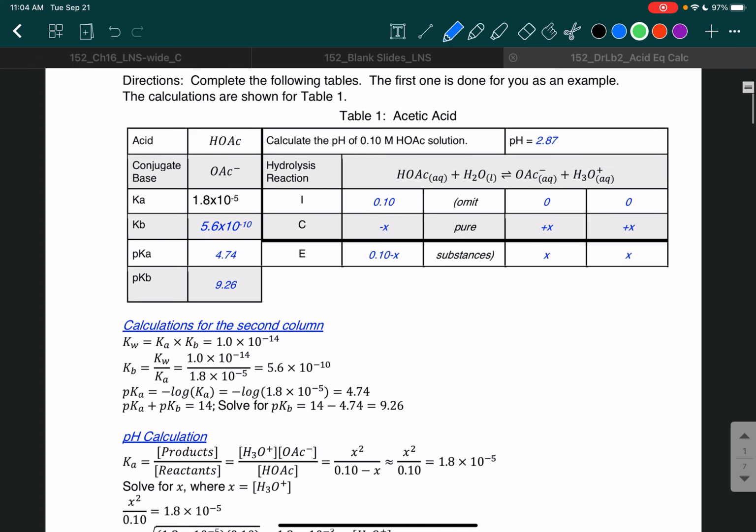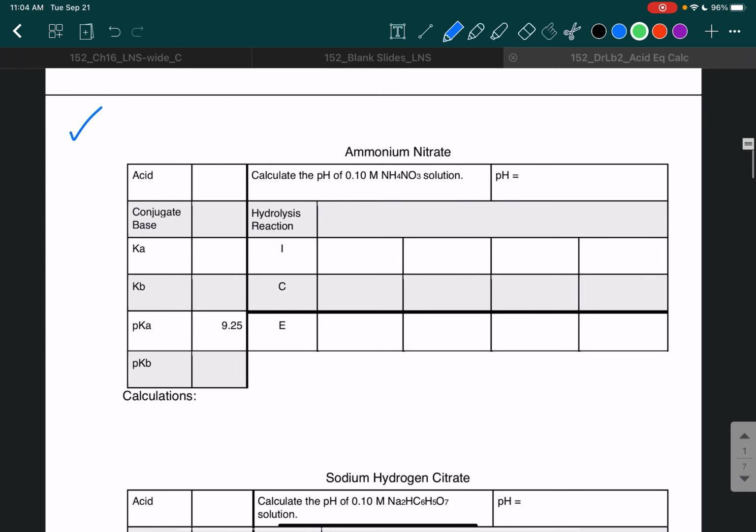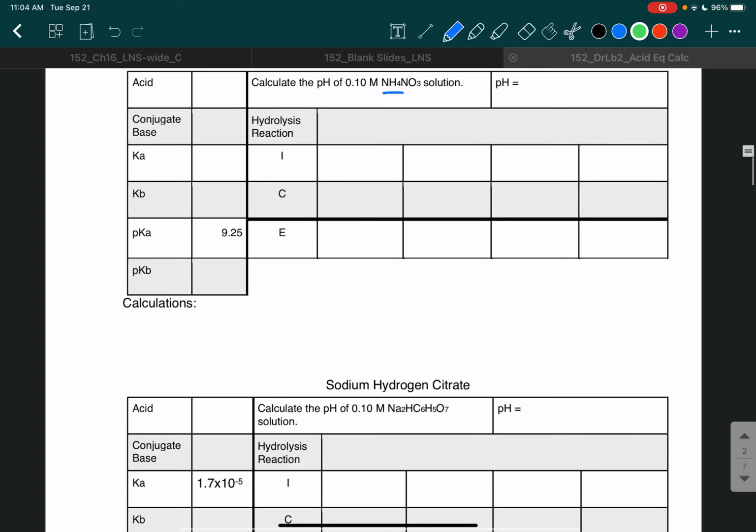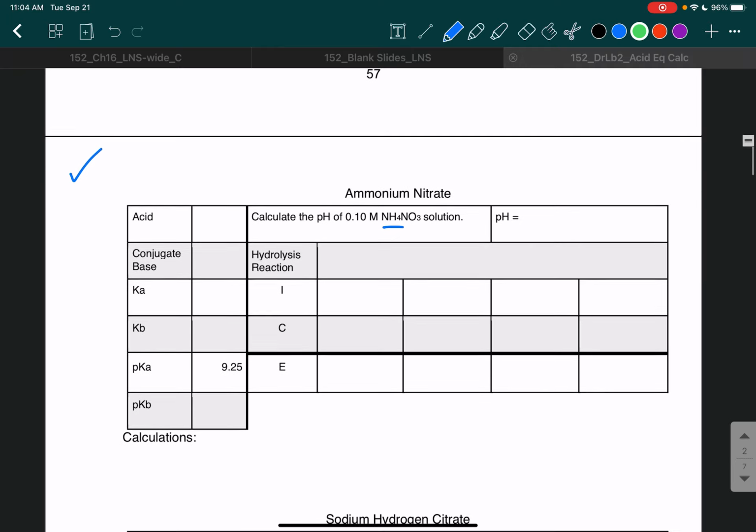Now, these are, okay, so the table that you see there, it's an ICE table. Okay, so something we did from chapter 15. And the form of that table, right, it's the same form every single time. Okay, and what's different is that you're given a different acid or base depending on the, so I'm looking at this is page 58